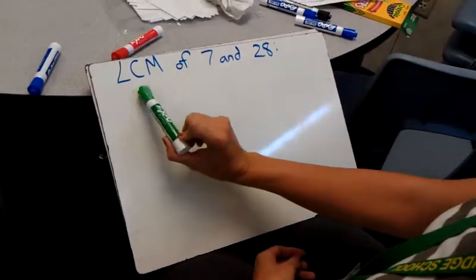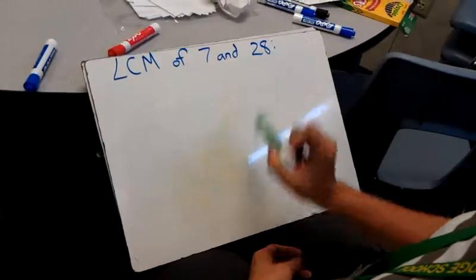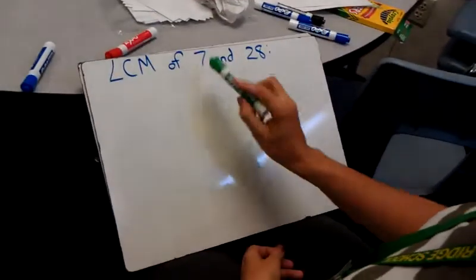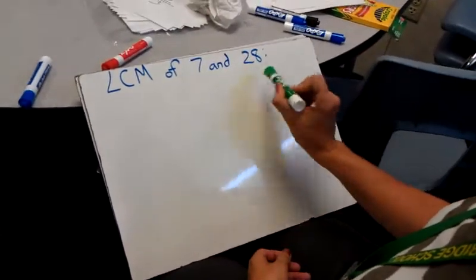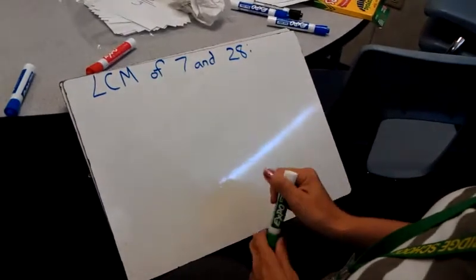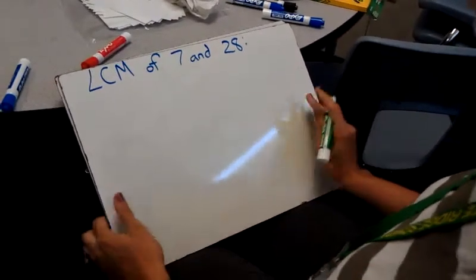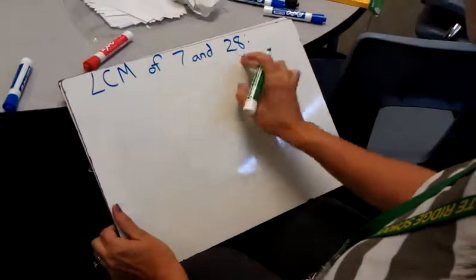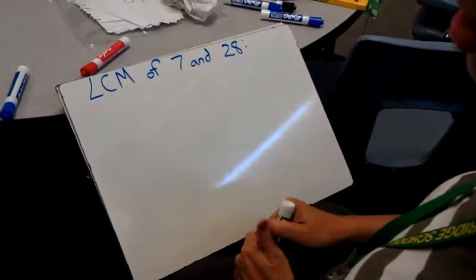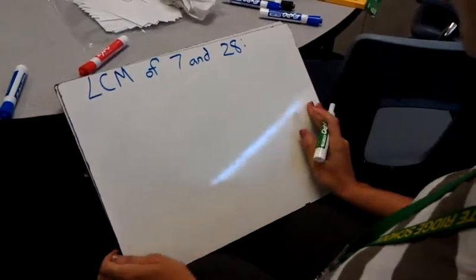When we talk about the lowest common multiple of two numbers, we're talking about when we skip count by 7 and 28, the first time that the values meet. So these are two smaller numbers today, but we can work with large ones too. I'm going to show you by using step